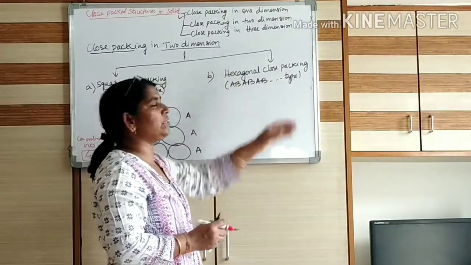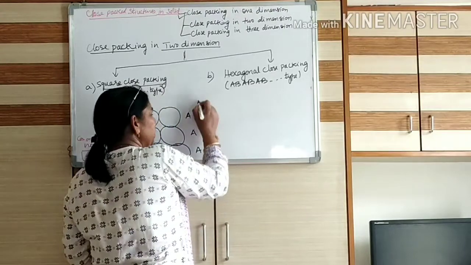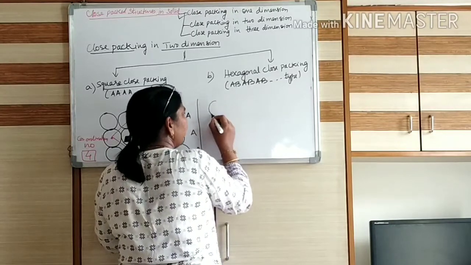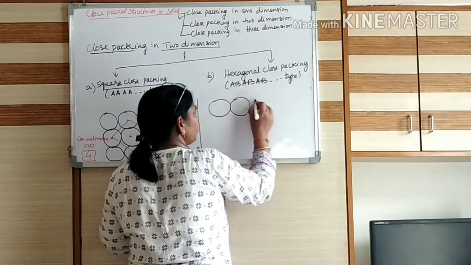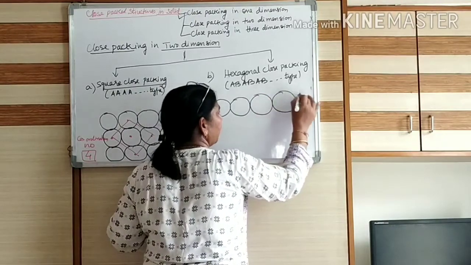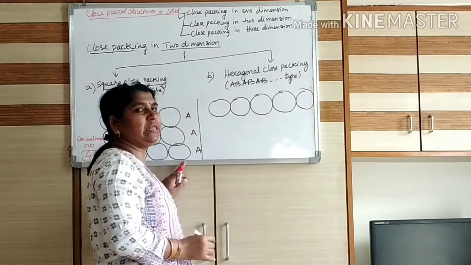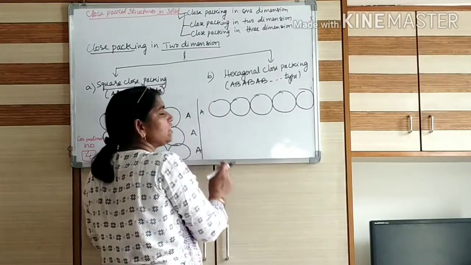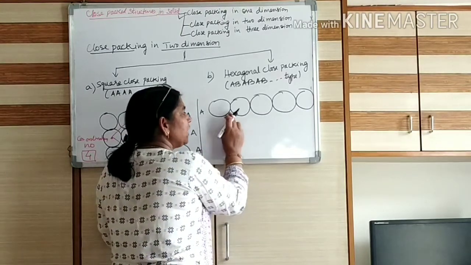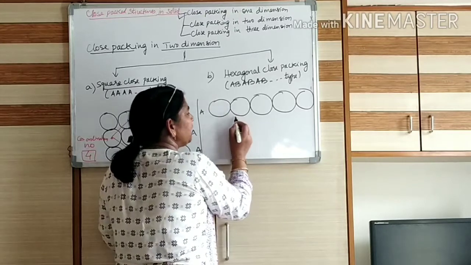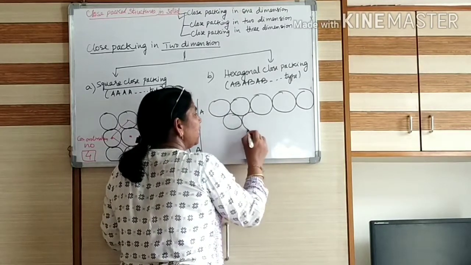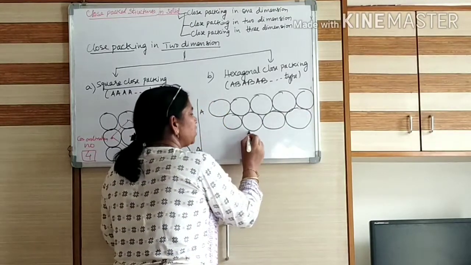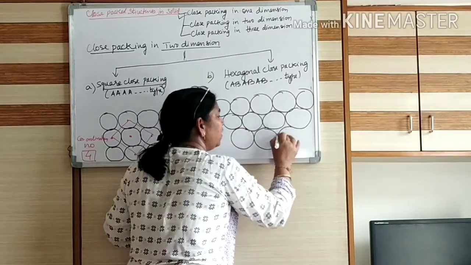Now we are coming to two-dimensional hexagonal packing. What is this 2D hexagonal close packing? Here the solid spheres are arranged. Have a look. This is your first row. The spheres in the first row are arranged in this way. Now this row I am saying A. If this row is considered to be A, then second row I will arrange the depressions or the voids of the first row. Here I will arrange. Second row will be arranged in such a way the particles or the spheres are arranged under the voids of the first row.